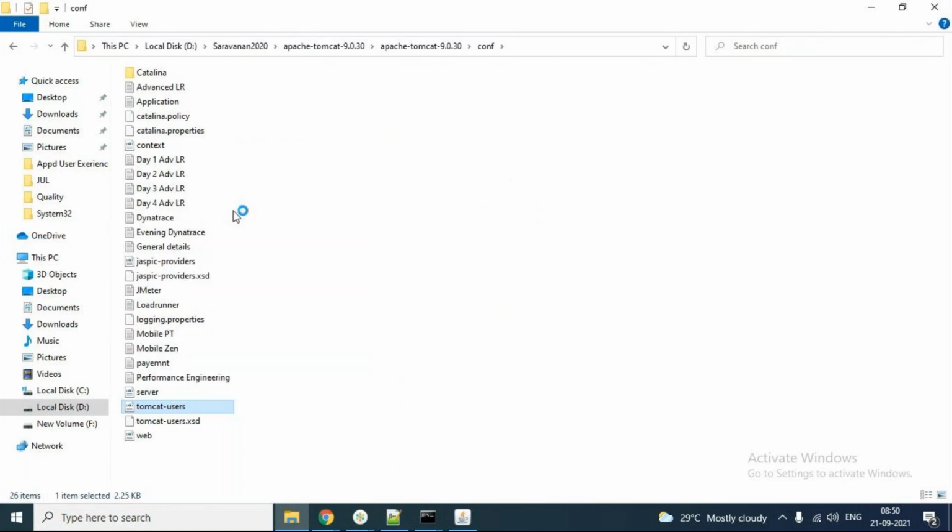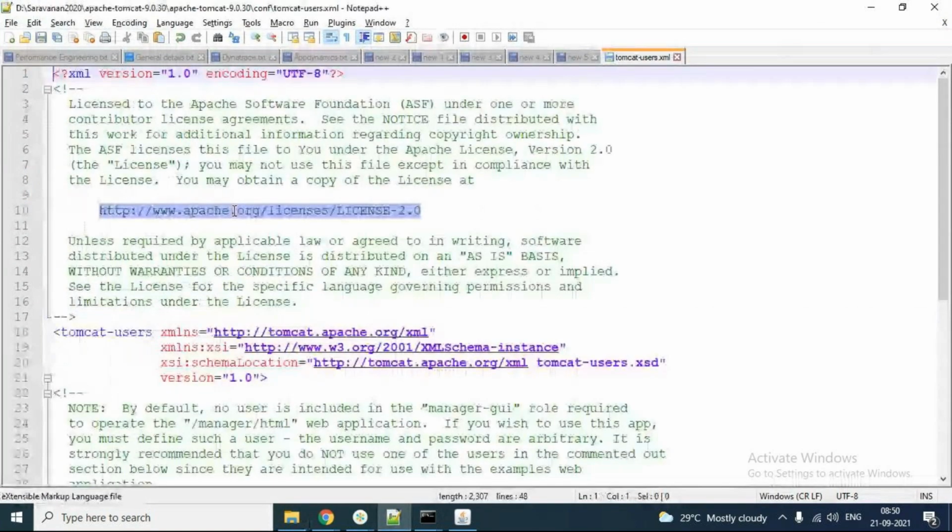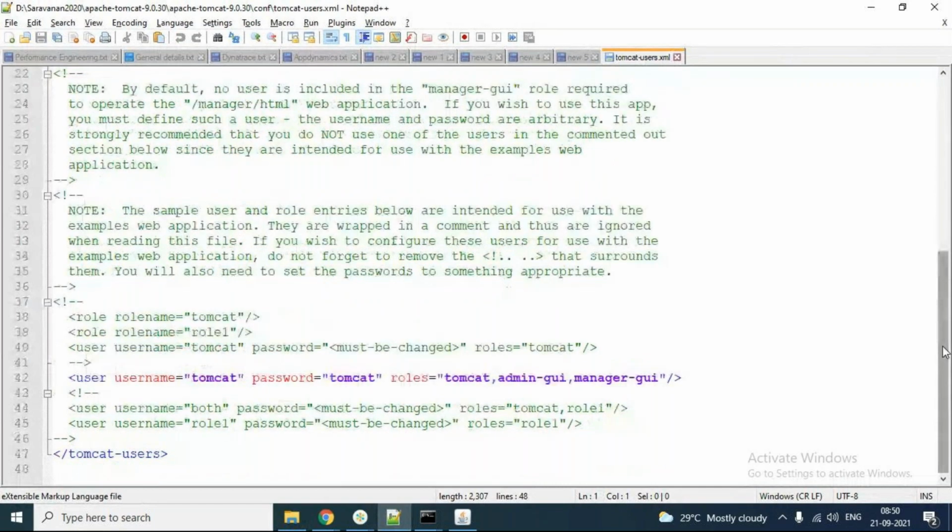If you scroll down, by default this line will not be there. So we have to add the username tomcat, password tomcat, and the role. This line item we have to add in the tomcat users file.